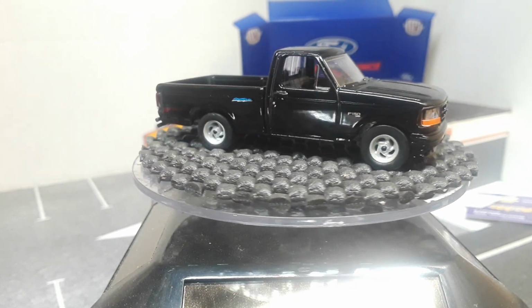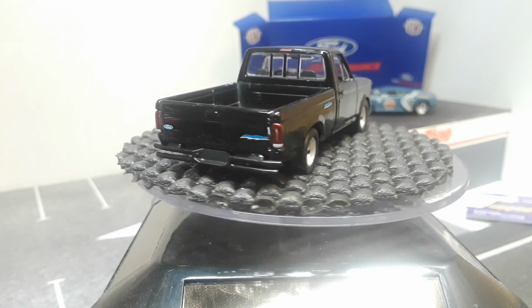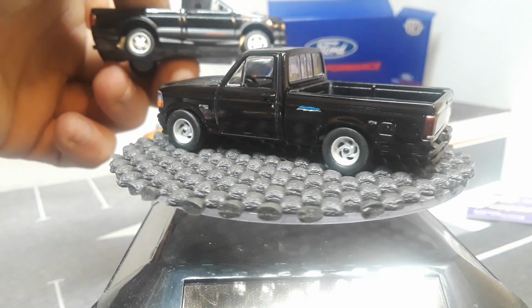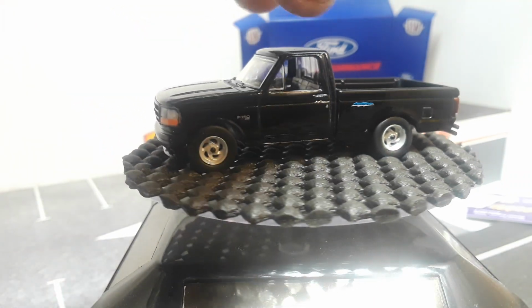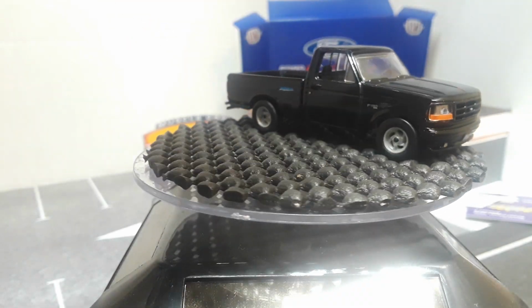Sorry about that, but I went ahead and... Oh, this is a Cyclone. I don't know if they make the Lightning. Well, that's a Johnny Lightning Cyclone. I'll go ahead and show it with the...